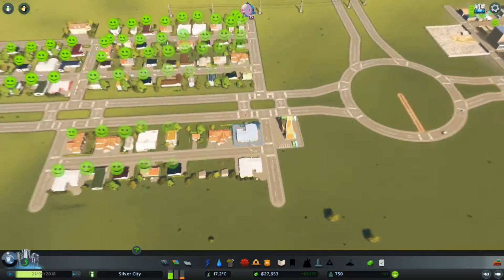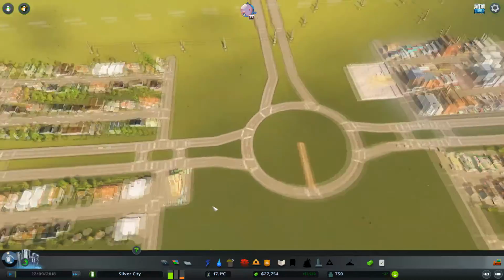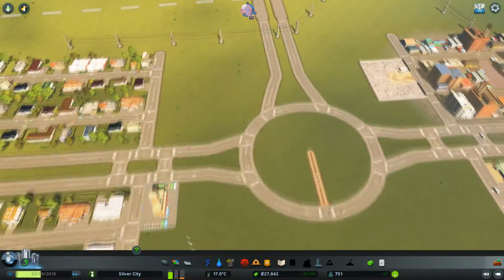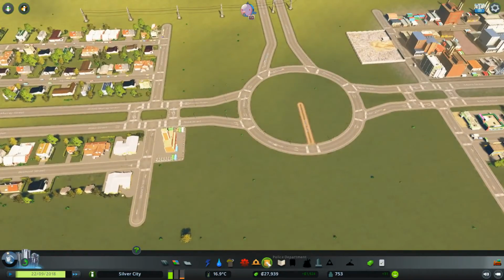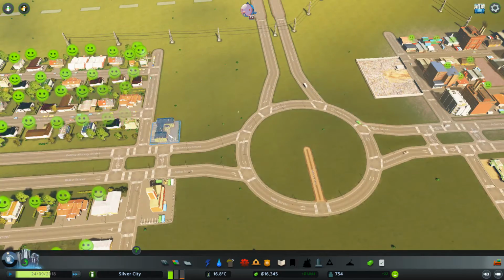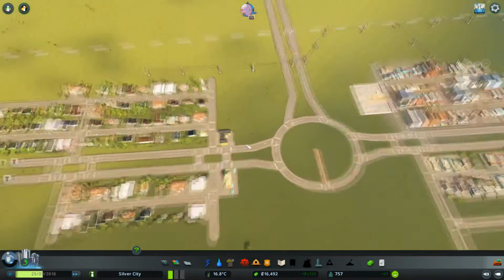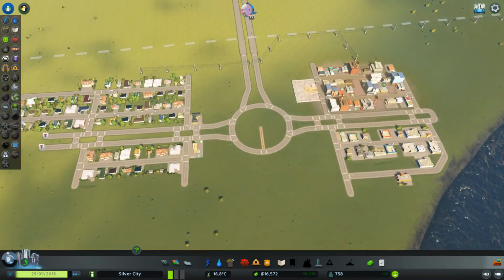You can deal with crime, you need to get crime in eventually, but of the two of those initial services, fire, and actually we got enough cash, we could probably get a police department in. I tend to put them on the residential side, but nearest the roundabout, because that means they can cover both sides of the city, so you can get a lot of coverage. I mean, just to show you guys,